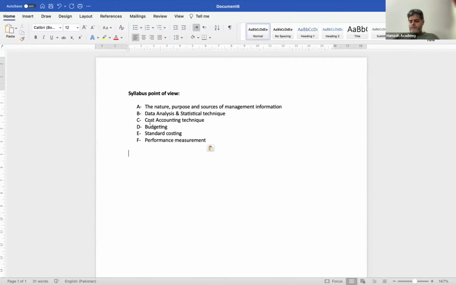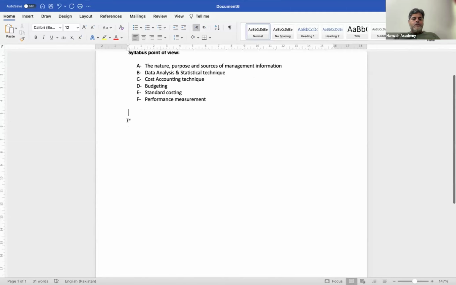Statistical techniques, then we have budgeting, then standard costing, and the last is performance measurement. So these are the 6 areas of which this whole course is made up. Now, overall, as far as the paper pattern and everything is concerned, we have over here